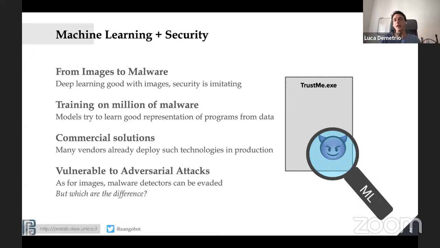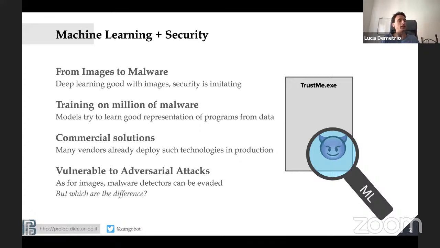And then they said, okay, we have tons of millions of malware, we might do the same. So you take deep learning technologies and millions and millions of data and you train a classifier, with the hope that your model is really learning a good representation of malware, as they did for images. And these things work somehow.